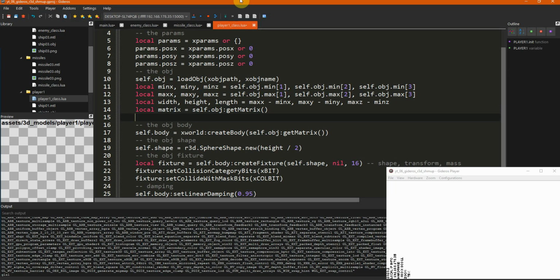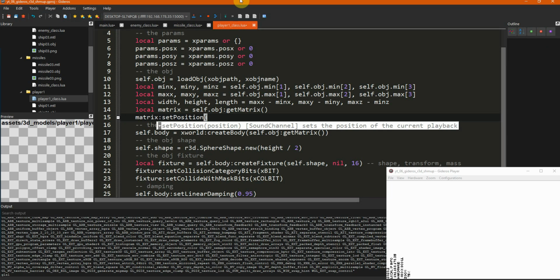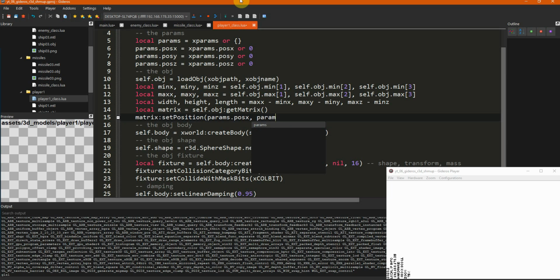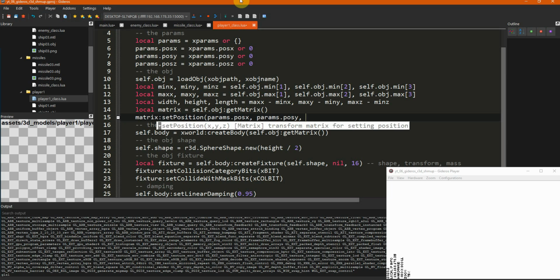Then I modify the matrix, matrix set position, and I pass in the params dot pos x, params dot pos y, and params dot pos z.